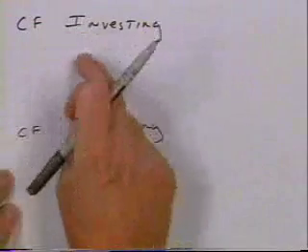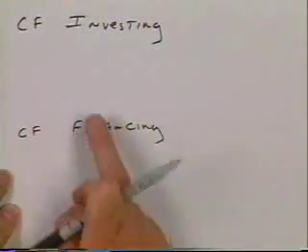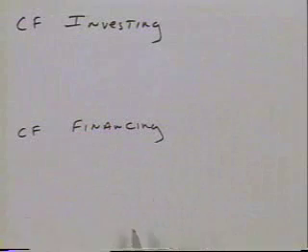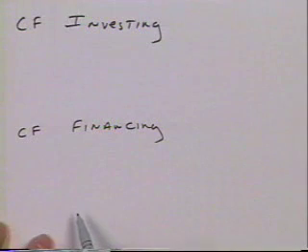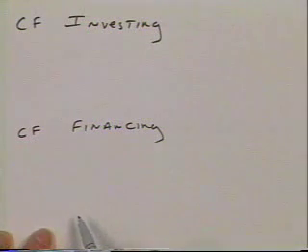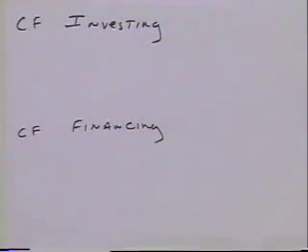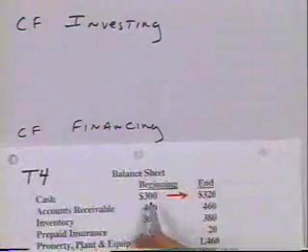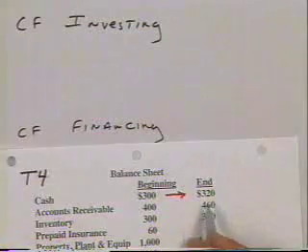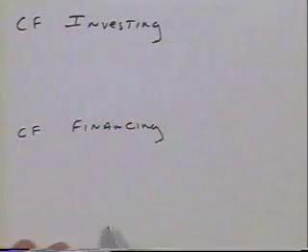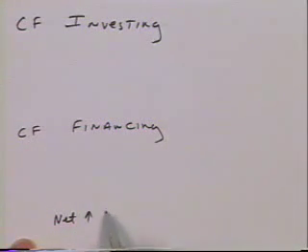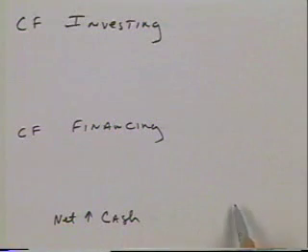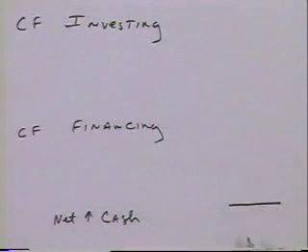Now, we're going to have various line items that we're going to list in all these sections. And at the bottom, we are going to show that what we're targeting is net change in cash. So in this case, we already looked at the cash account, and the cash account went from $300 to $320, so we have a net increase in cash of $20. So down here, I'm going to say net increase in cash,